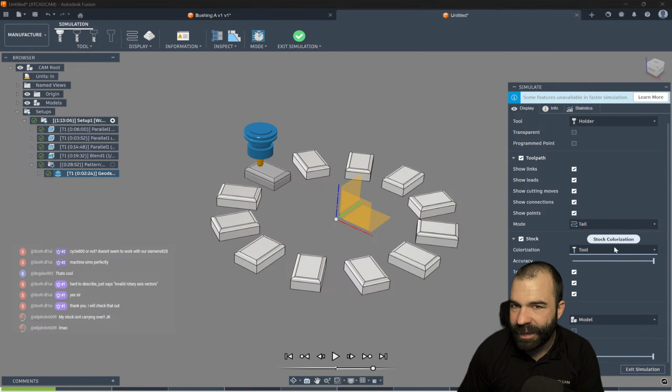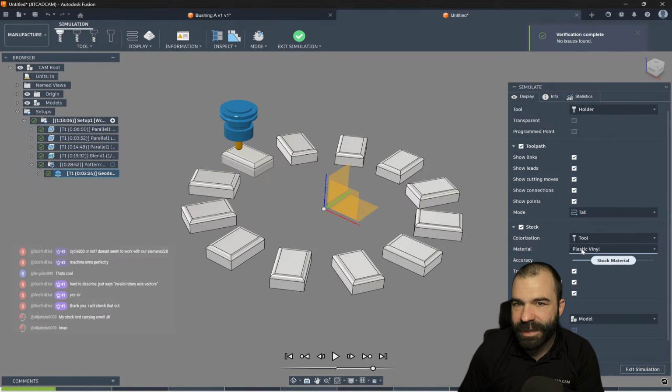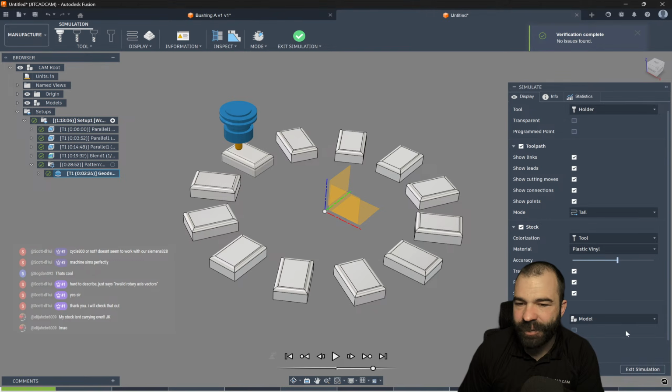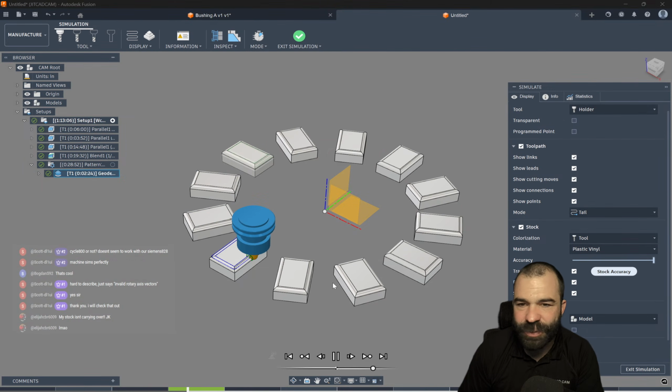We should be getting another option here. Oh, it's because, are we in fast mode? Is that why? It is. Okay, so now we have plastic vinyl. So if we simulate this, there was an issue they were saying when seeing the actual comparison between the two toolpaths. It was kind of goofy looking,